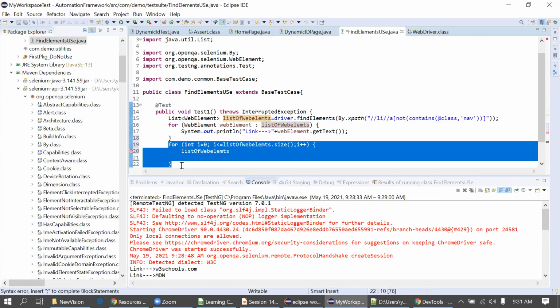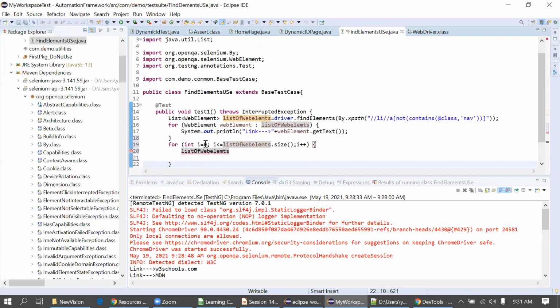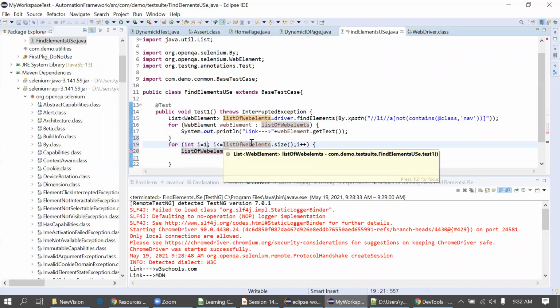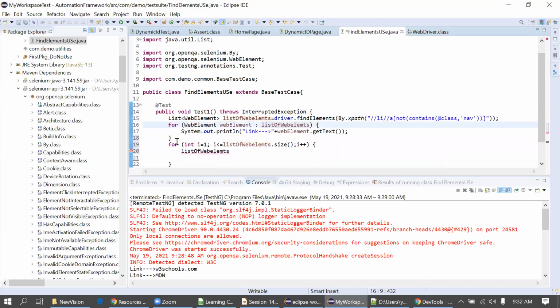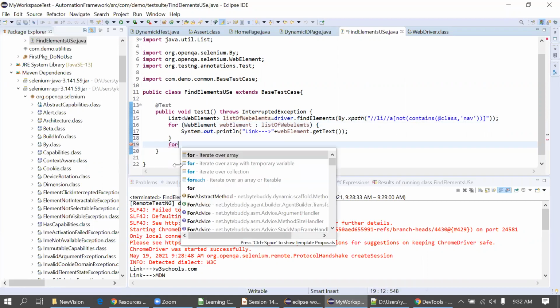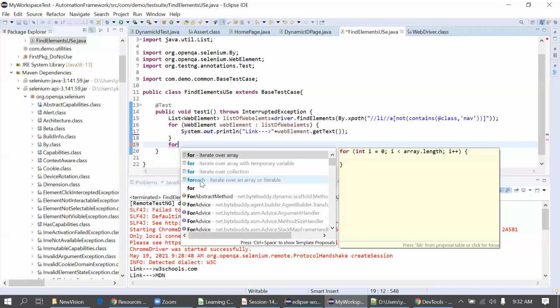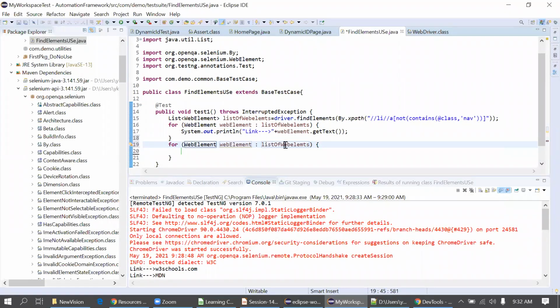But what happens if you put an incorrect index here? There is a chance that if I don't know the coding properly, I might put a one and the loop might go wrong. To avoid these kinds of things, just use this for each, and there is no harm. You will get it this way: simply type for, press control space, and you get this option for each. It will simply take a list here and create the loop for you. That's fine.